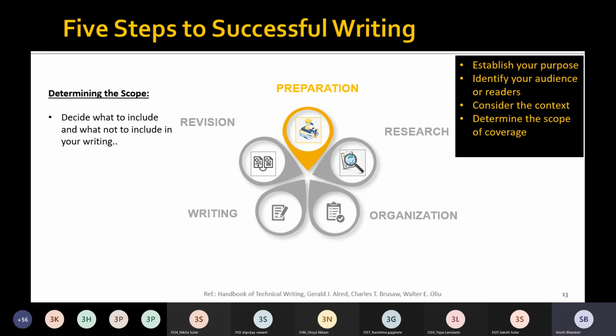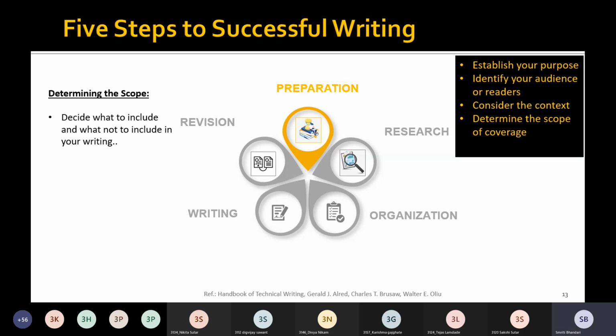If you do not clearly define the scope, then unnecessarily you will spend lots of time researching things that you may not actually need. Right? So it is really very important to determine the scope, what you are supposed to include and what you are not supposed to include in your report.